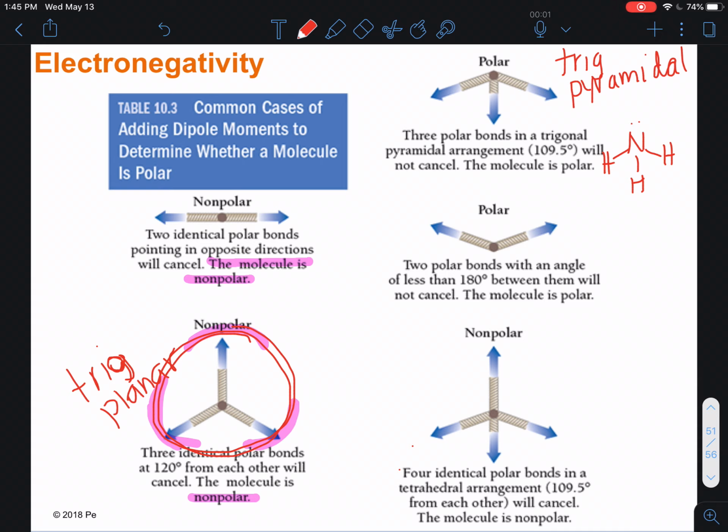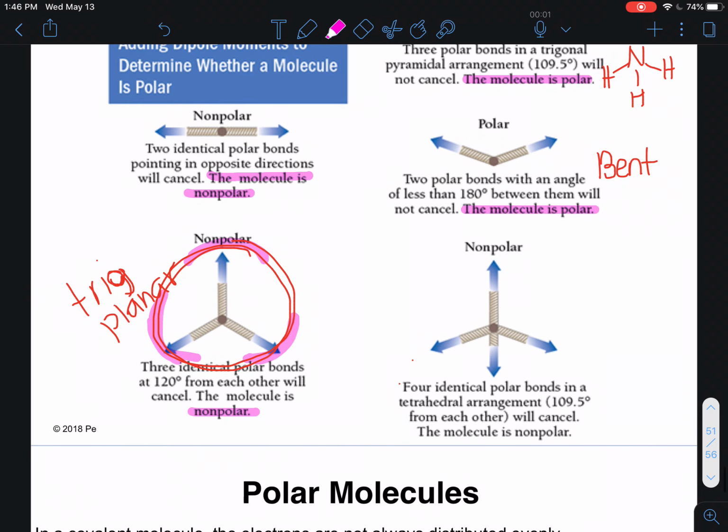Three polar bonds in a trigonal pyramidal arrangement will not cancel, and the molecule is now polar. Bent arrangements, all right, two polar bonds with an angle of less than 180 degrees between them will not cancel, and the molecule is polar. And then finally, four identical polar bonds in a tetrahedral arrangement,